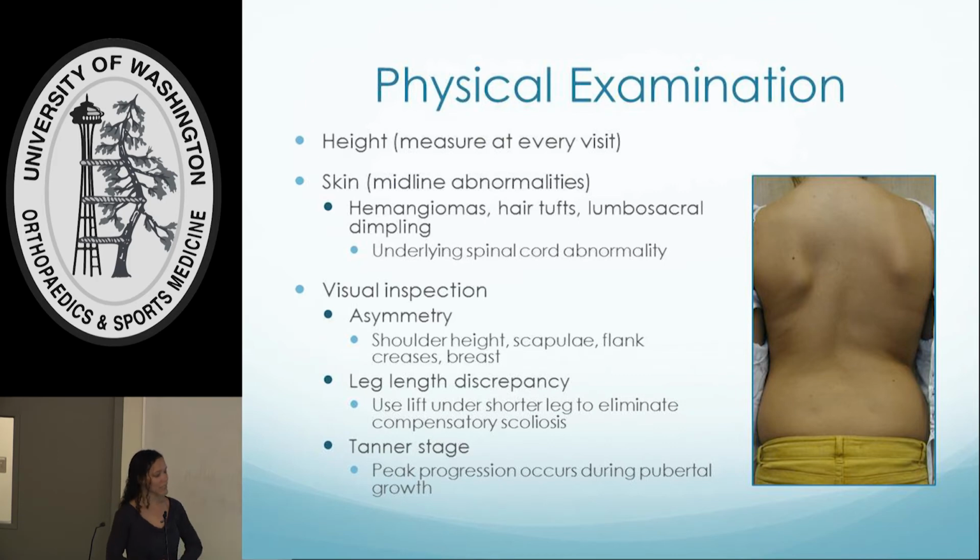So when you do your visual inspection, you're going to notice things like an unevenness in their shoulders. You might notice a difference in the way that their scapula protrude, some changes in the way that their flank and hip creases are, and from the front side, and this has actually been a presenting complaint to one of my patients, that they noticed that they were having unevenness of their breast. And we're obviously very concerned about that, and then you turn them around and it's actually due to their scoliosis